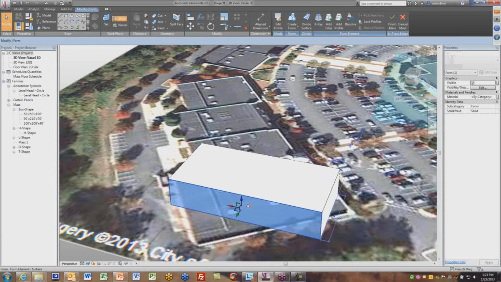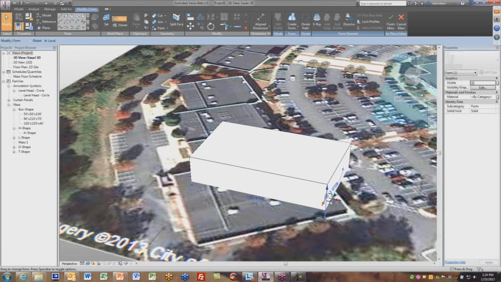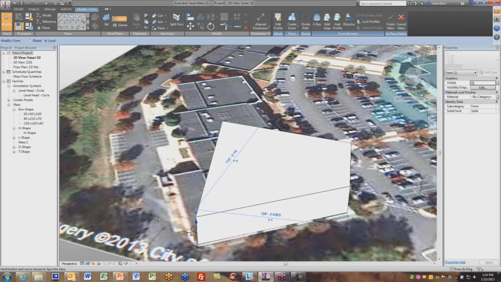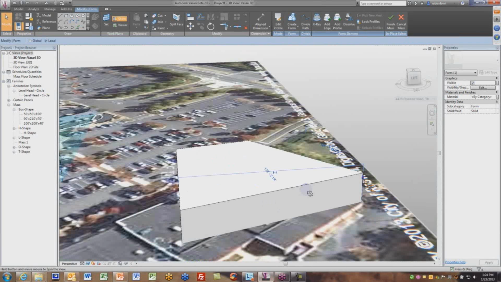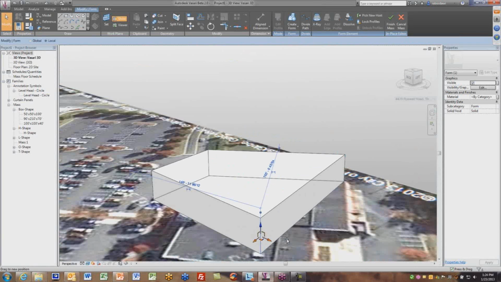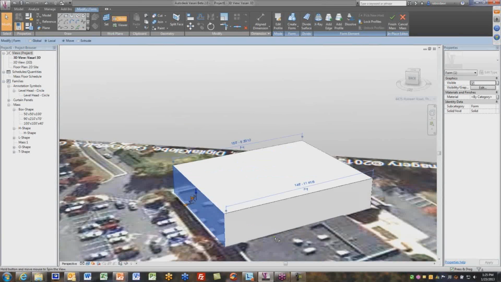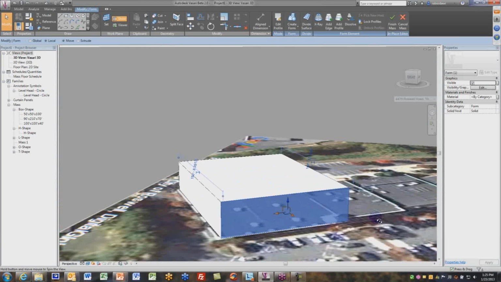Very intuitive and user-friendly, but what's important about this is that everything you do here is not lost. It is preserved for you and becomes valid Revit geometry. So you'll be able to take that from conceptual design through construction documents without having to do a lot of rework. You see a lot of things that can be done in Formit can also be done inside of Vasari and Revit, just a little bit